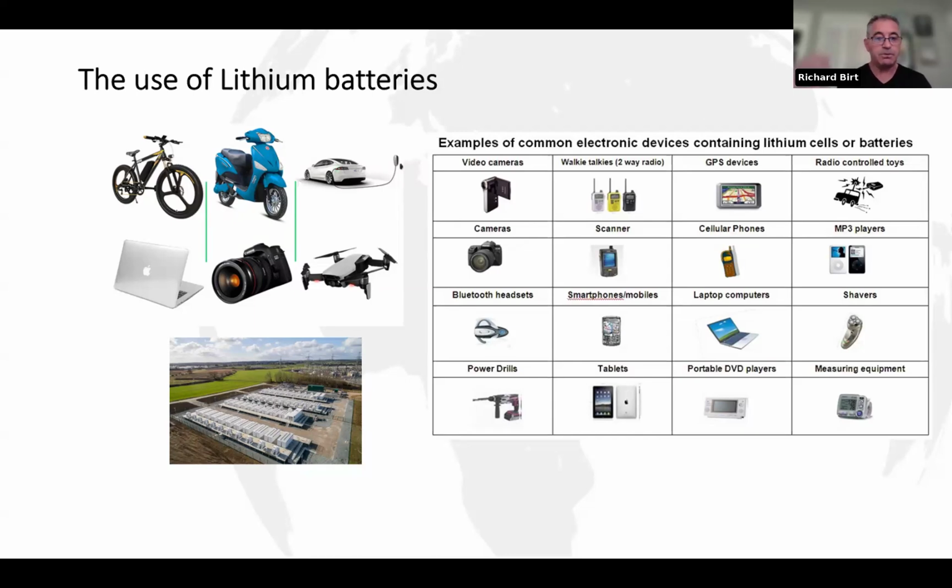In a house, you must have 10, 20, 30 pieces of equipment in your home that have lithium-ion batteries in them. We have to be aware that these are everywhere. We've been using them for years. It's just now we're putting them in a concentrated load. That's the difference. So if we go to the next slide,